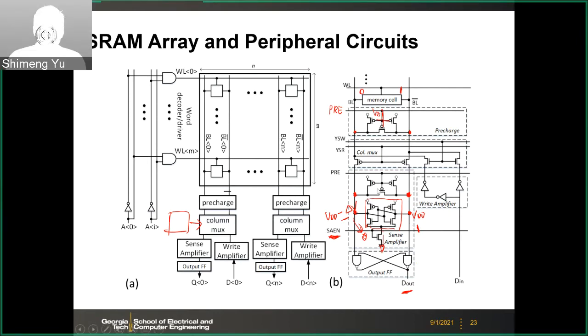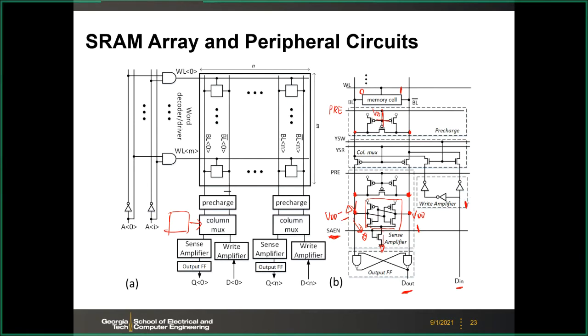This is on the read side. So for the write operation, what you will do is prepare the data you want to write on this D in. And then this will be simple. So you have basically a driver. This is based on inverter. And then the signal you want to